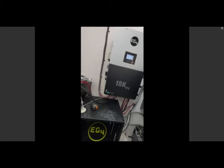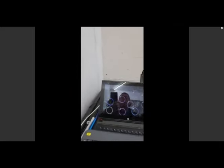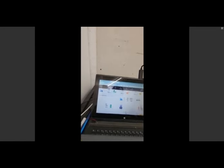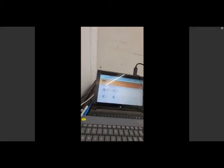Now I'm running Solar Assistant, and I'm also running the EG4 monitor. There's my little Solar Assistant Pi over there. No cable required because it talks directly to that Wi-Fi dongle over there. So I can go over here, and here is the EG4 monitor. It's showing what's going on, and then I can go over to Solar Assistant